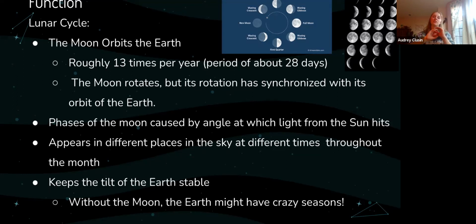And when you're in the summer, one part of the Earth would always be getting sunlight. It would be really hot down there, and then in the winter it would never be getting sunlight. It would be really cold. So the moon helps the Earth's axis of rotation remain stable, and it regulates the seasons a little bit.